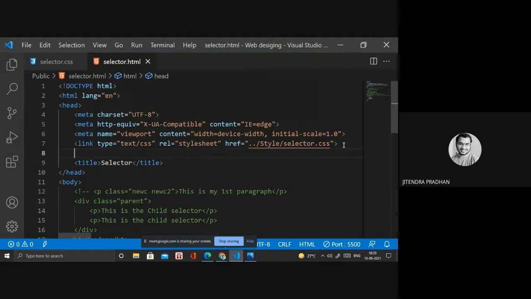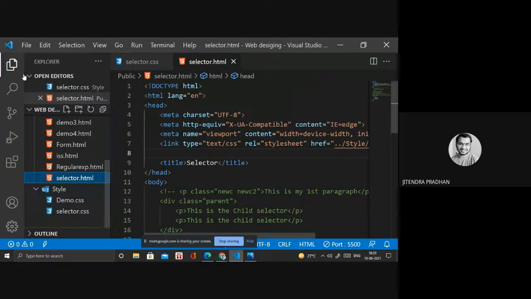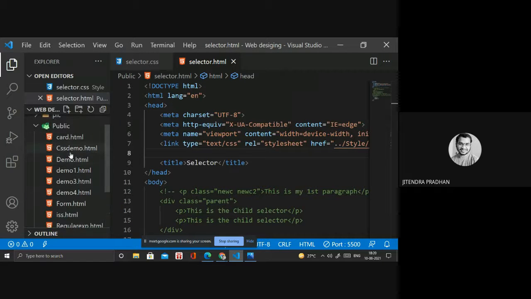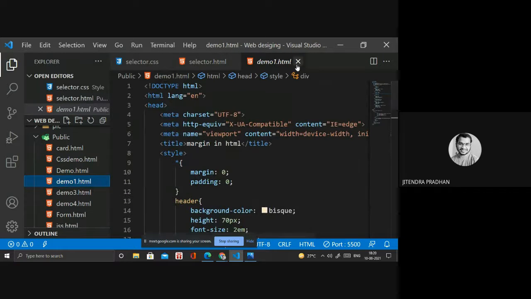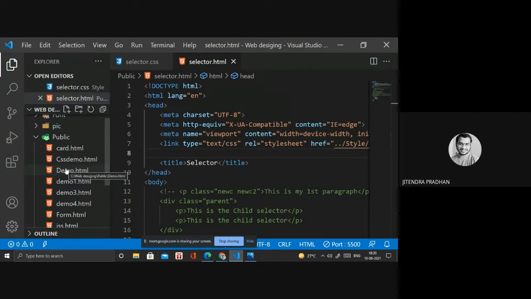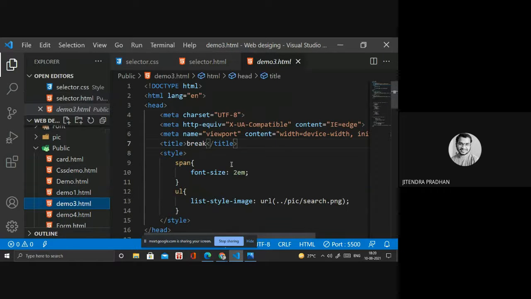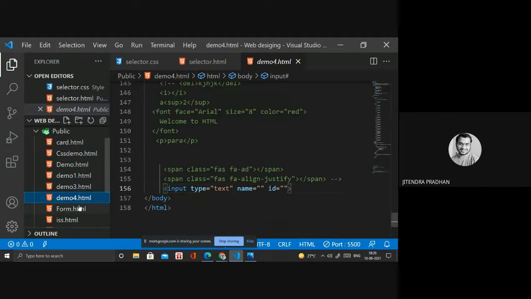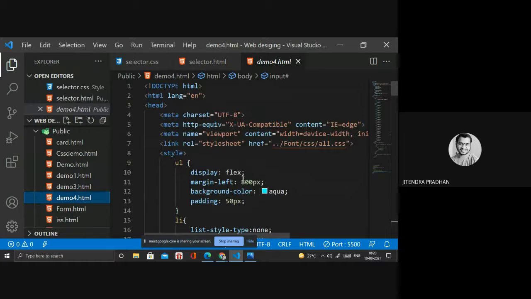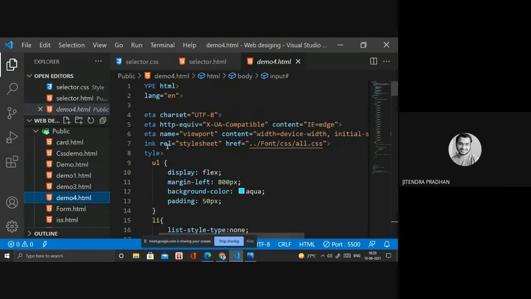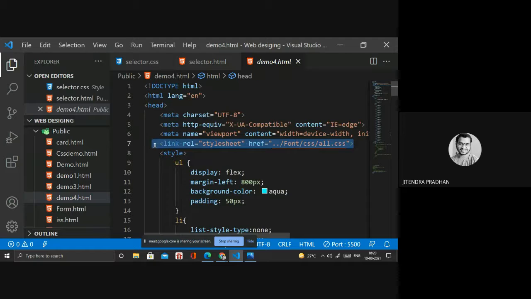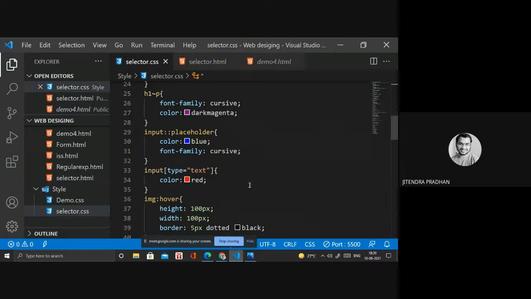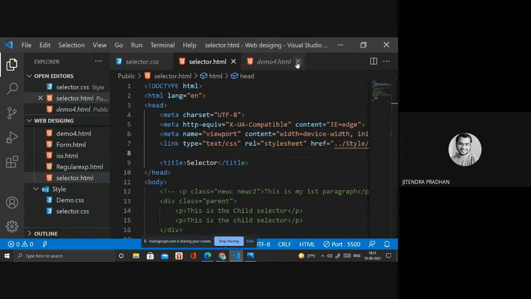Okay, I already did that. I'll copy that. Okay, it's better because we have to do all these things. It's taking time. Wait, I will copy. Yeah, it's Font Awesome. Link style sheet relationship. It's the Font Awesome CSS all file. I will copy that one. Then I need to write inside that selector.html.